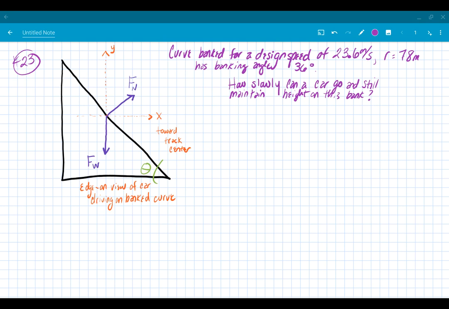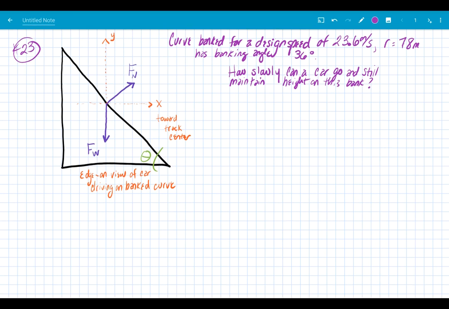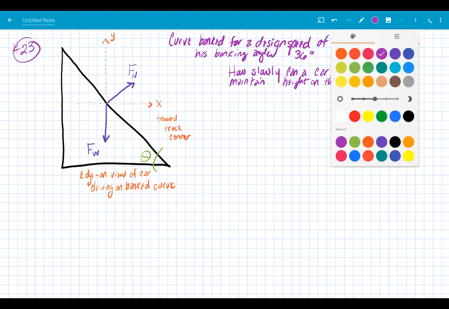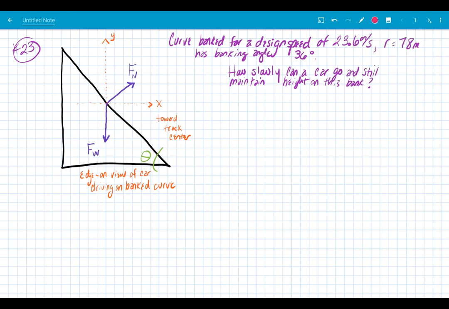Right, we are going to take a look at continuing problem number 23, which discusses a curve that is banked for a design speed of 23.6 meters per second and has a radius of 78 meters. We discover that that creates a banking angle of 36 degrees. And today what we want to look at is how slowly a car could go and still maintain the height